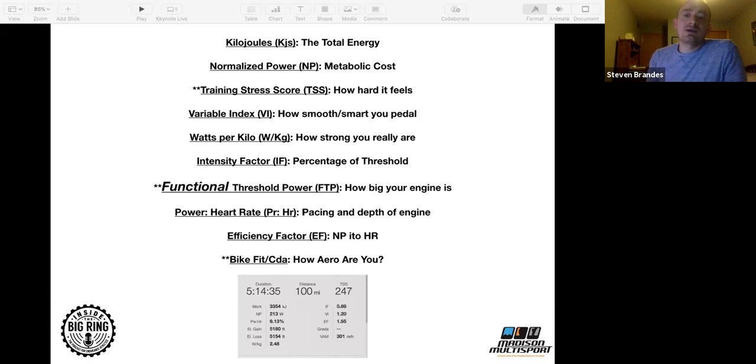It's basically how big your engine is, how big your heart is. So pretty commonly, people who have a higher FTP, commonly they just have better endurance. That basically means their heart is way stronger, is pumping way more blood to the muscles. It's just stronger. And so when you're looking at functional threshold power, I enlarged the functional. Functional means moving.